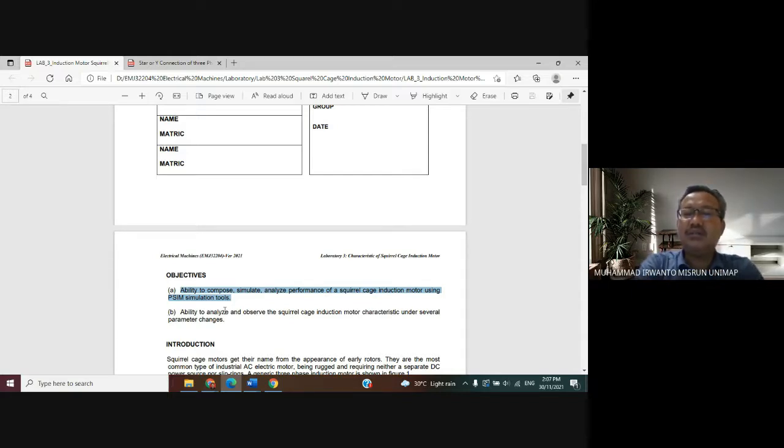Please look at the word performance. After creating a circuit of the squirrel cage induction motor, we want to observe the waveforms for the AC source, starting from the line to neutral voltage, line to line voltage, current flow through the winding of the motor, then apparent power, reactive power, and also active power that is supplied to the induction motor.